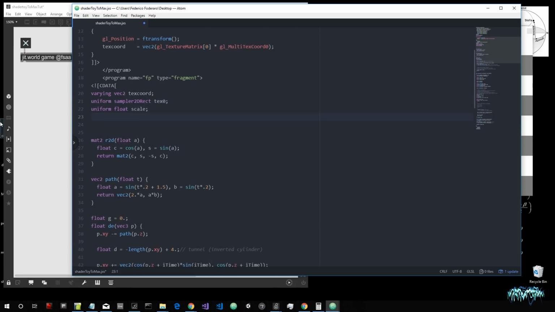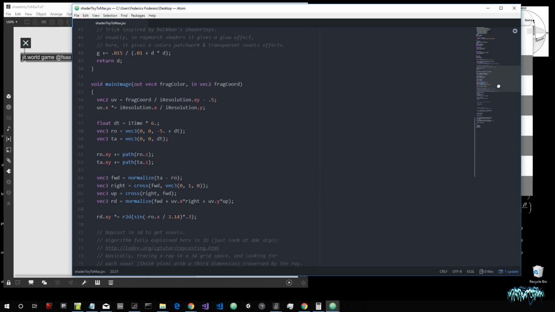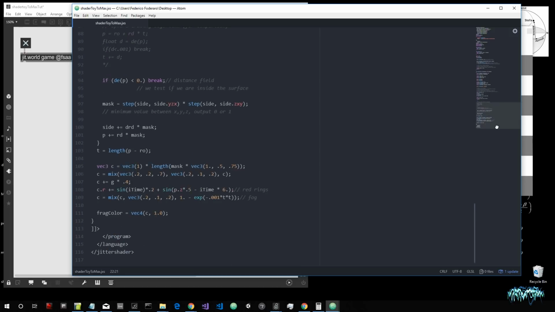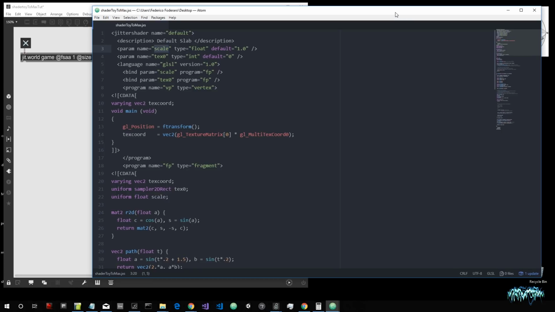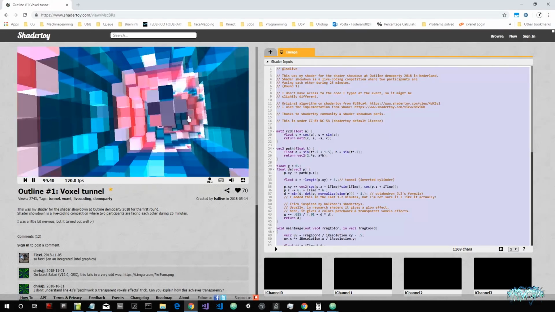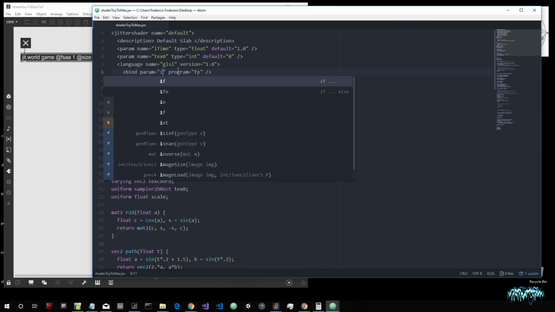Okay, so once we are here, in ShaderToy there are some basic uniforms that come already from ShaderToy, and we have to provide them to the shader if we want to have the same result as ShaderToy. Now, the default jit.gl.slab shader gives already a couple of parameters. It gives this scale and this tex0, which is basically the texture, so if we want to read a texture inside a shader, we can use this tex0 uniform. But what we want to do is to create a parameter called iTime, which in ShaderToy is the time passing, which is used to animate the visuals. So we have to bind it here to the fragment program,